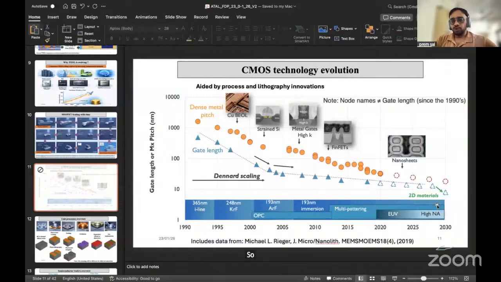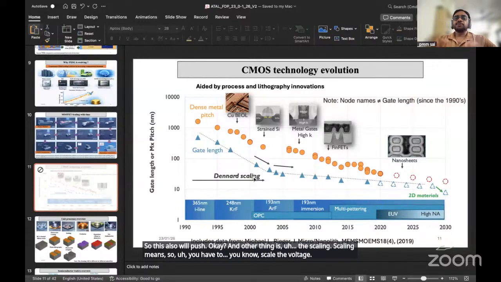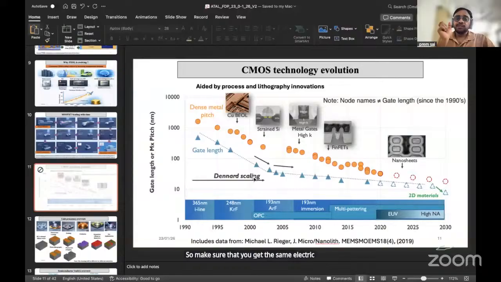The other thing is scaling: you have to scale the voltage and oxide thickness, a 3D scaling in all the dimensions, to make sure that you get the same electric field. So process and lithography innovations and the electric field or voltage scaling, keeping the same electric field, also contribute